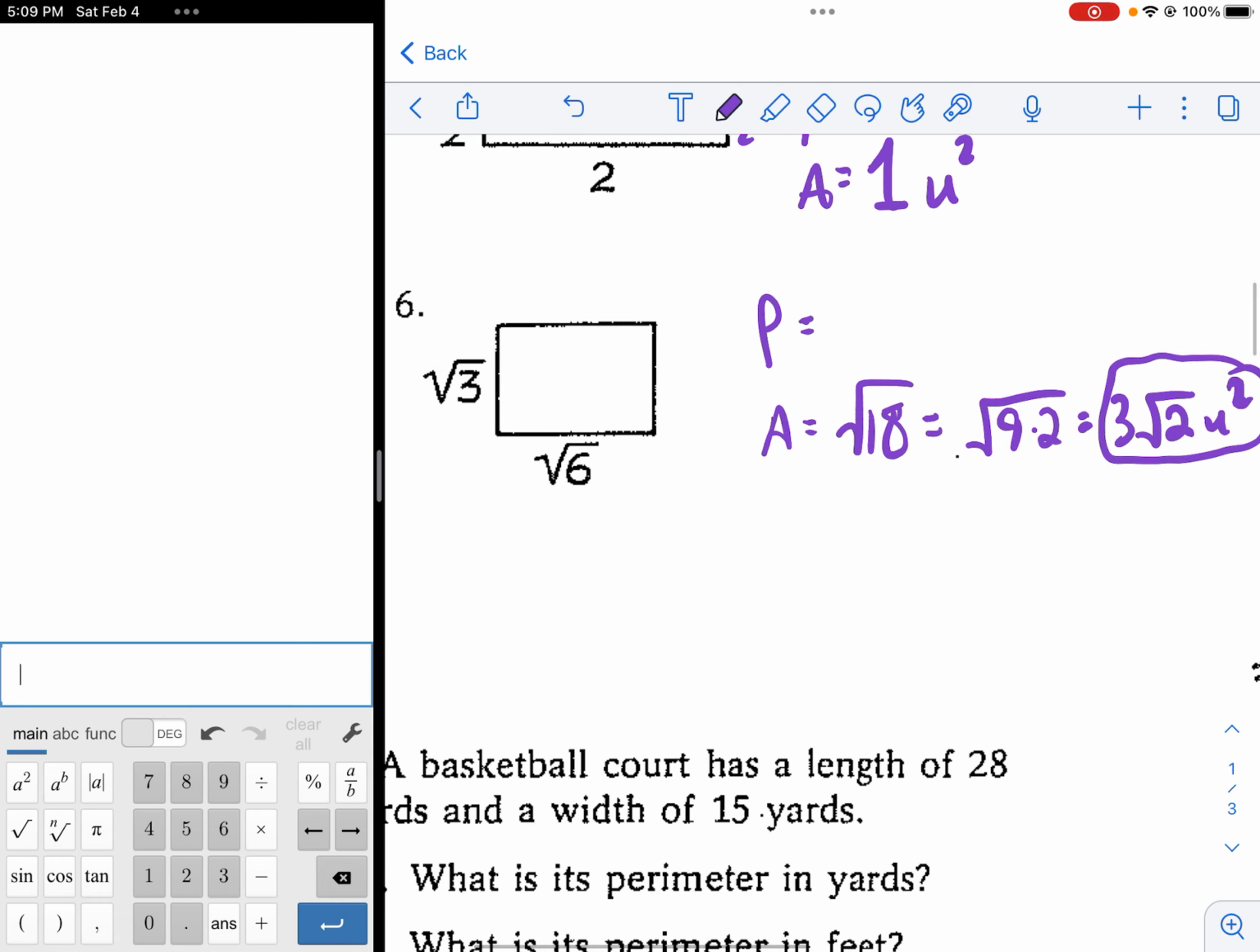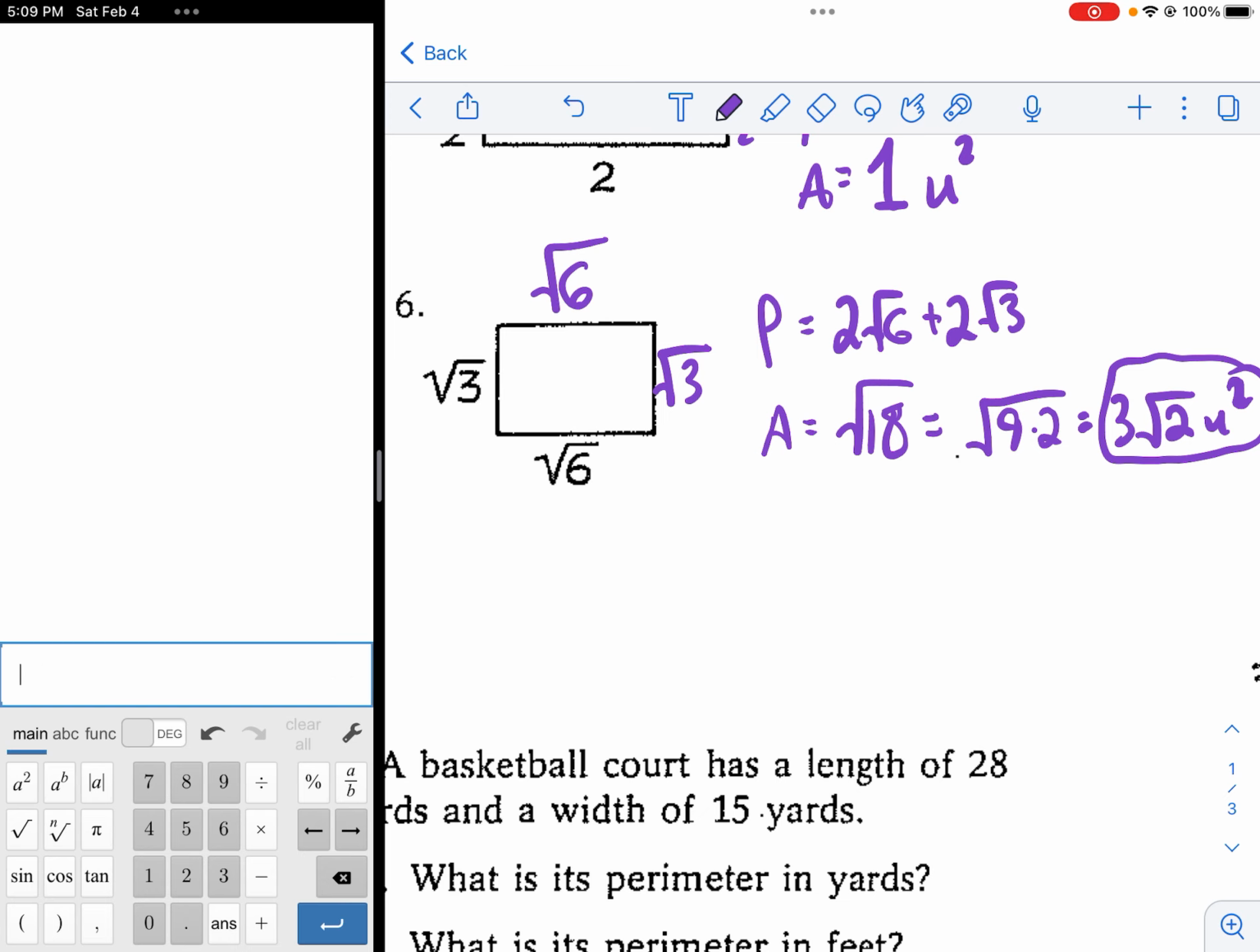If you want to know what that is generally, that would be 3 times the square root of 2, which is 4.24. Let's check out our perimeter then. We're going to have square root of 6 plus square root of 6, right? Plus square root of 3 plus square root of 3, which would be 2 square root of 6 plus 2 square root of 3,